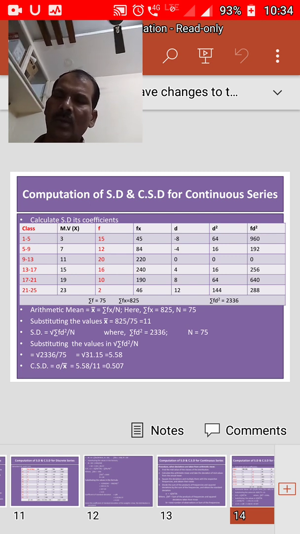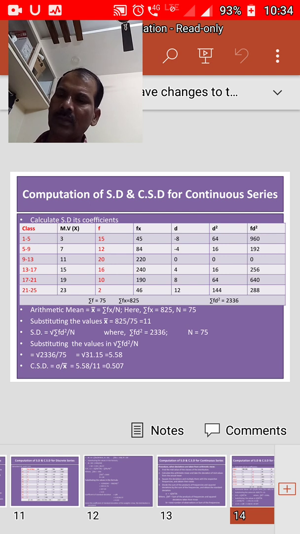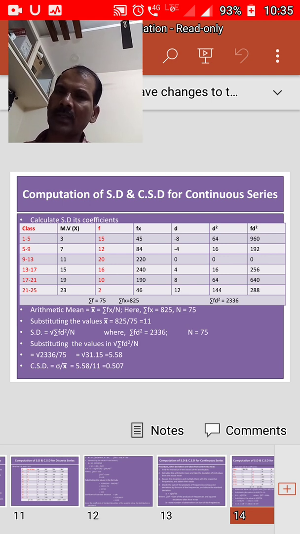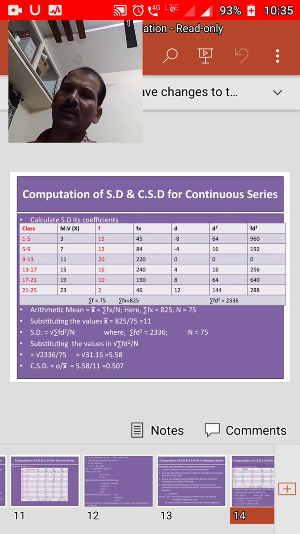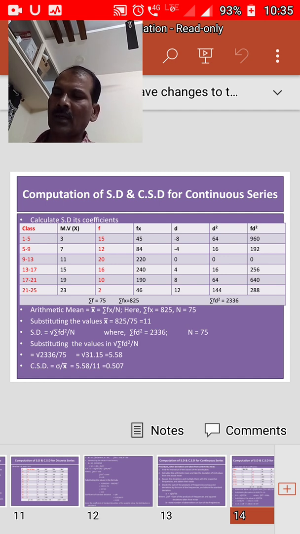Now we need to consider deviations. In order to make deviations, first we need to find out the arithmetic mean. x bar is equal to sigma fx by n. Sigma fx, as we know, is 825, n is the number of observations, that is the sum of the frequencies, that is 75. 825 by 75 is equal to 11. Hence,